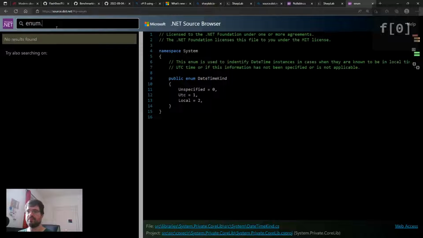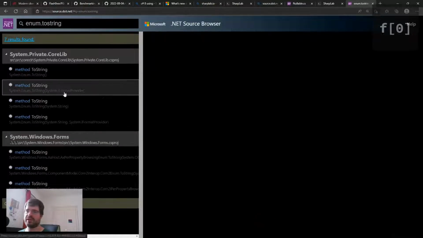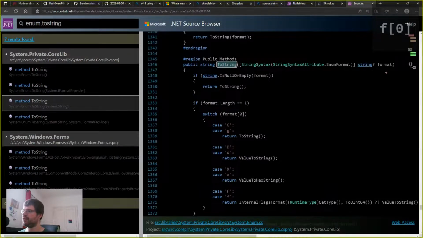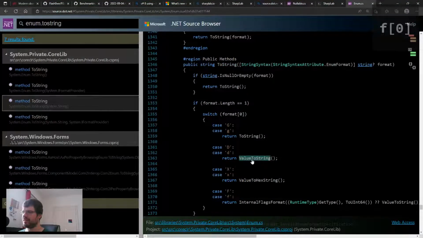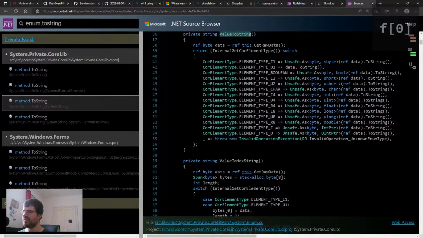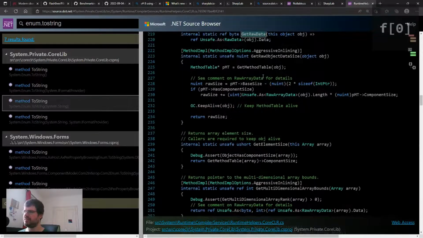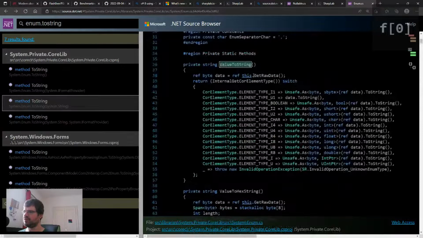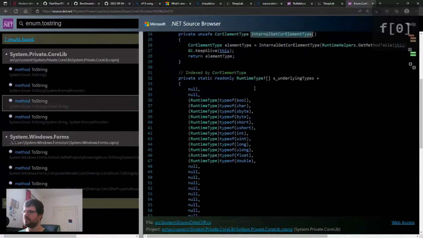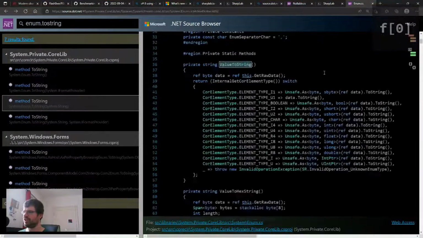you can pass in a format. If the format is D, then you get the decimal. You get really the value as a string. However, this value as a string, again, there is some unsafe code involved. Sure, I will definitely do some benchmarking, but this is not the